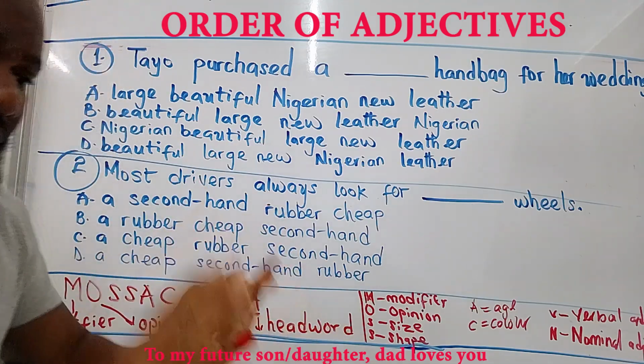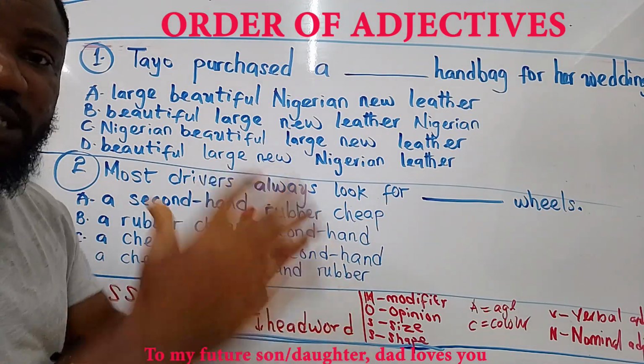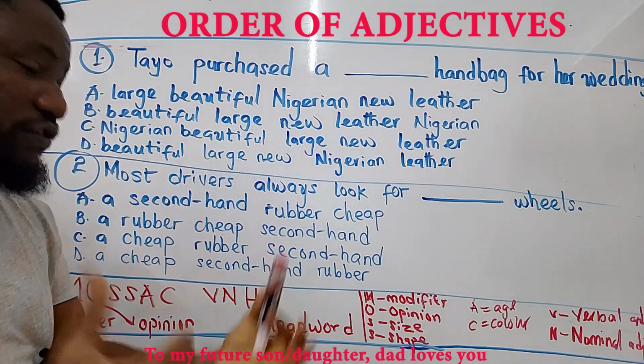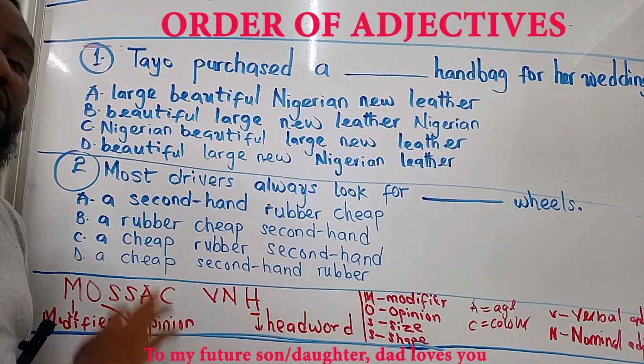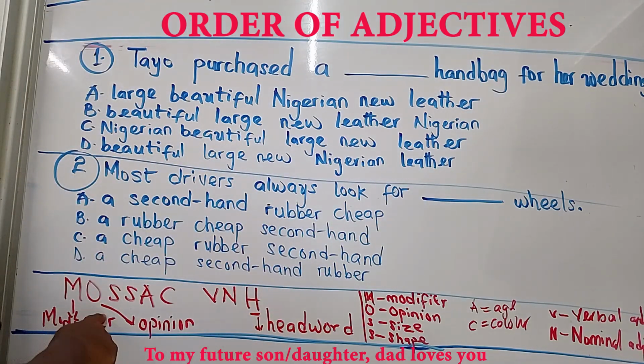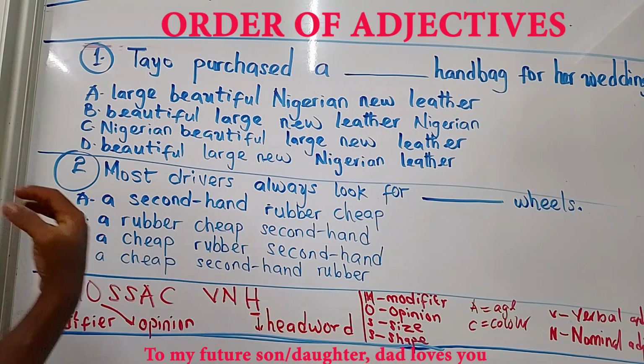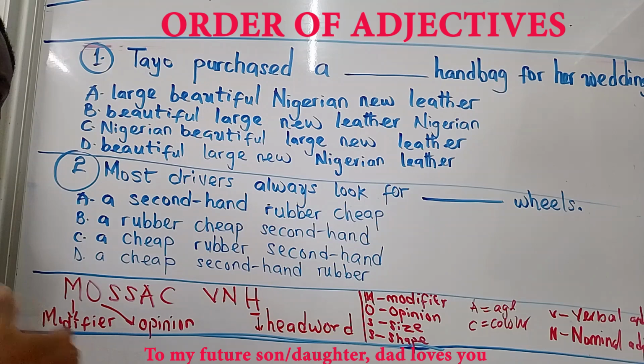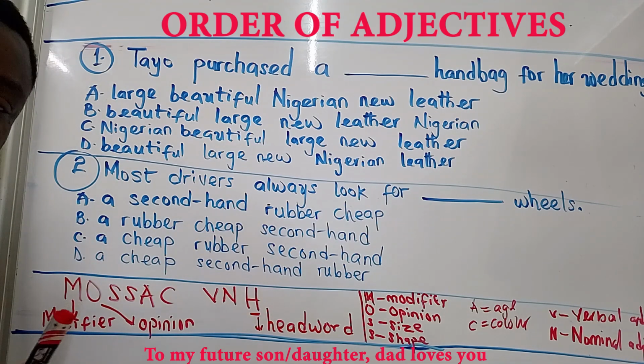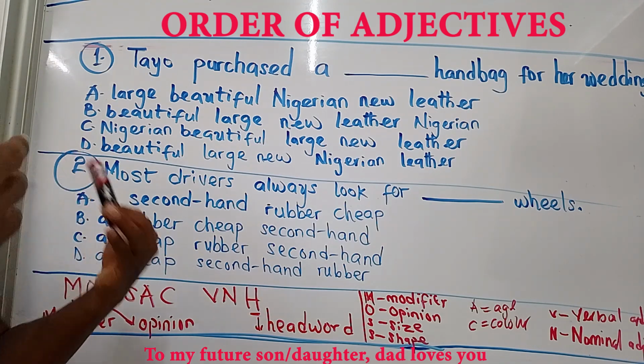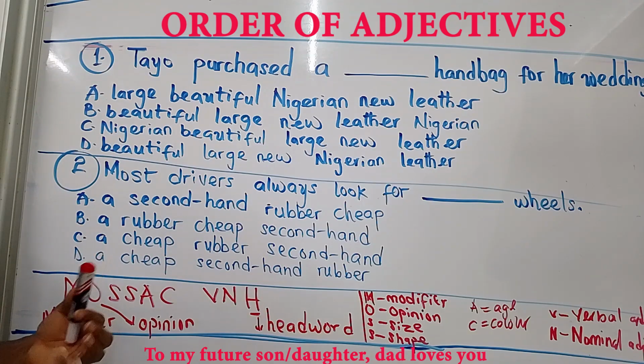So adjectives that talk about the subjectivity and the judgment of the speaker are what we regard as opinion adjectives. In the order of adjectives, the modifiers such as the articles, nominals, determiners, cardinals, all of these things come before opinion adjectives. And after the modifiers, you have opinion adjectives such as expensive, intelligent, brilliant, beautiful,